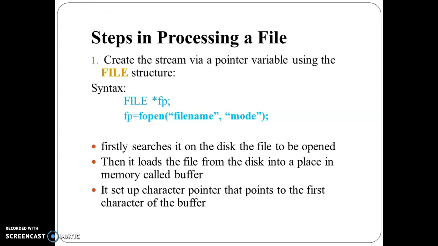So in this, first we need to perform the steps in processing a file. Whenever I want to read the contents from a file, or if I want to write the contents into the file, I need to perform some steps. So step number one is create the stream via a pointer variable using the FILE structure. That means first I need to create a file pointer. So this, *fp, is a file pointer